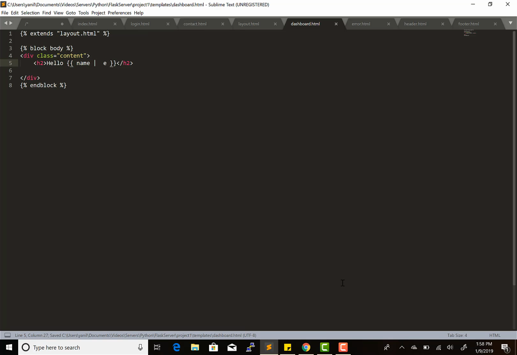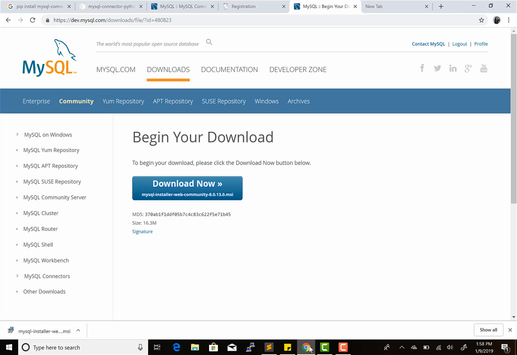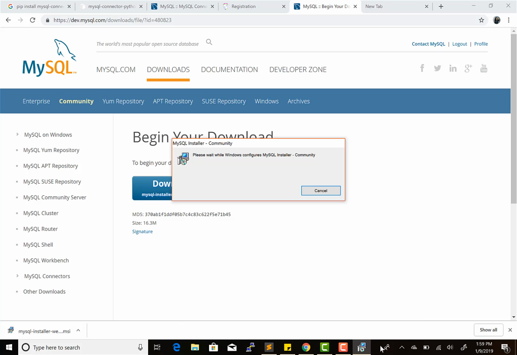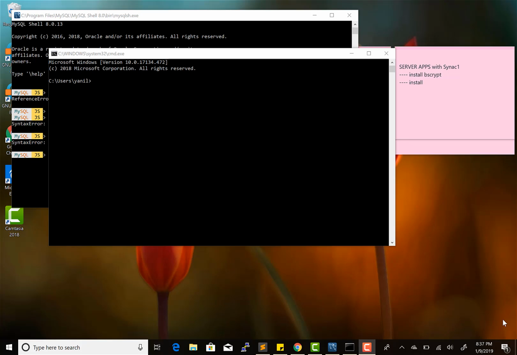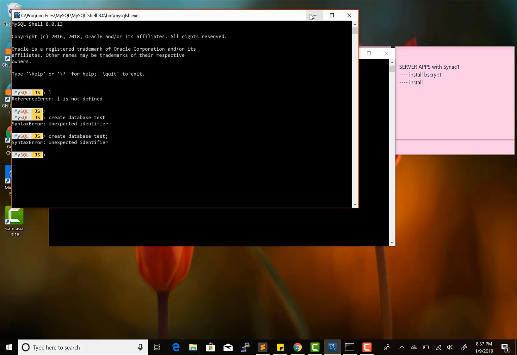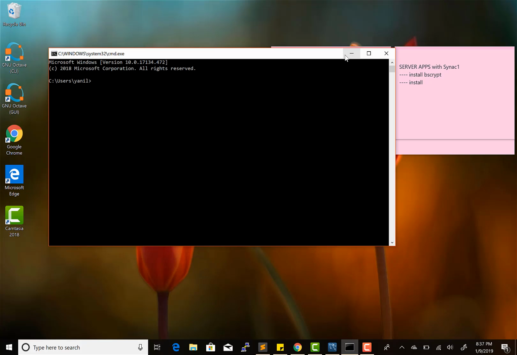So for now, let's see how this is downloading. Okay, it's downloading already. I'm installing the MySQL for databases. Okay, so our MySQL is already installed. Now let's go back and install the connector,